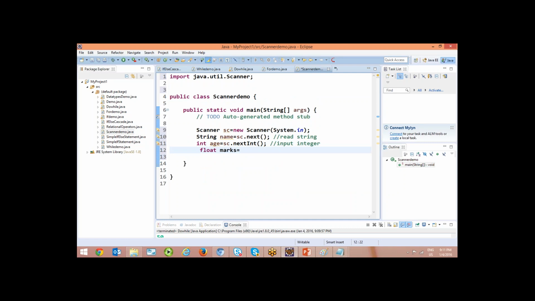Float marks equal to sc dot next float is a method to read a floating point variable. In the same way, you wanted to give double, that is called average, equal to sc dot next double. It means scanner is used to read all data types in Java. Long, short, byte, right? Next byte, next long, next float, next boolean, next char, all methods are there. And just simply you can print that information.